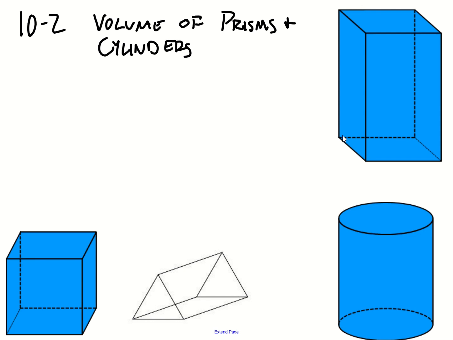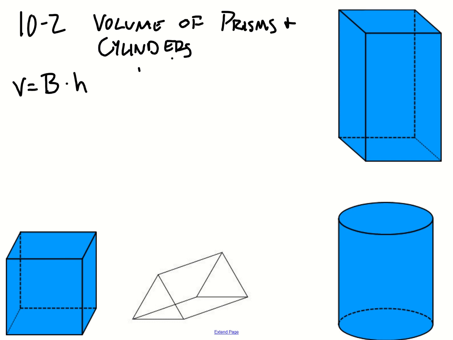Volume is how much something can hold, how much a 3D shape can hold. So we've talked about area, which is how much is in a 2D shape. Volume is like area of a 3D shape. If I had a cup, it's how much can that cup hold. That's the volume that exists. So when we talk about volume of a shape, the volume of a prism or a cylinder will equal the